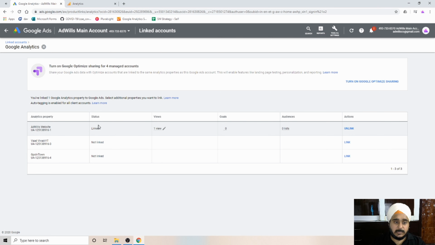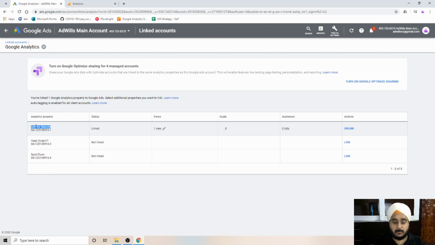And once this is linked, the website which you want to track, for me I'm tracking the advills.com website for which I want to run ads, for example. This needs to be done before you even start tracking, because this step cannot get all the data from before linking the account. So for example, if you ran some ads before today and you're linking it today, it won't fetch that earlier data into the analytics account from this Google Ads account, and it will not give you any insights in Power BI, which is what we are trying to achieve.